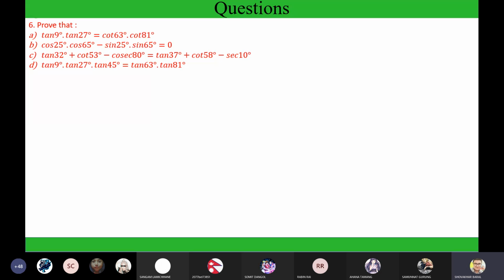Question number 6. There are different questions. A lot of questions are here: 6a, 6b, 6c, and 6d. Let me solve this separately. Here, as I told you earlier, you have to sort the angles. Here they are in the product form. So tan, right? That 1